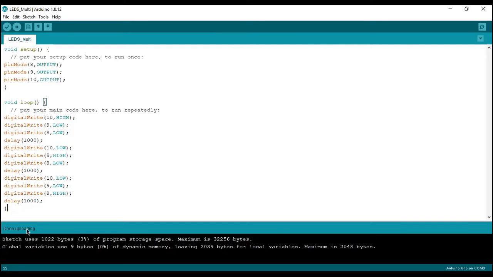So accordingly, change the code. So first four lines at the last and the last four lines are at the top.